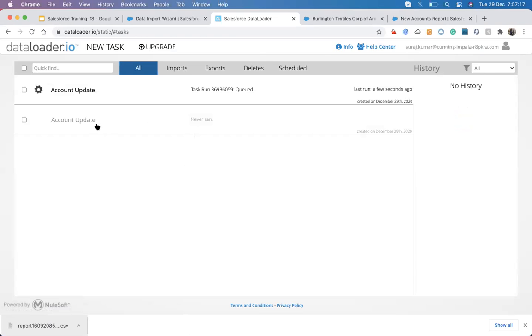It is in queue, it is working. It never ran because I just hit save by mistake. So it's updating, and whenever it's completed, it will show me. Okay, it's completed. It's showing 3 success, 0 errors.